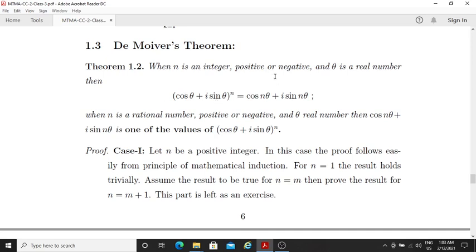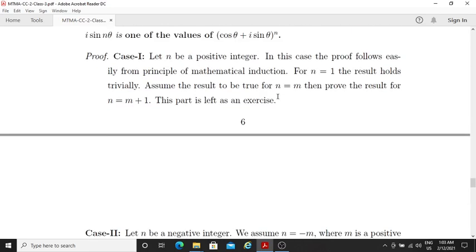That's a rule of indices, and that will prove it. Then a bit of trigonometry will give you the result. You try to prove this. If you can't, then let me know, and I'll show you the proof. It's easy actually, and it follows from mathematical induction, and I'm leaving it as an exercise